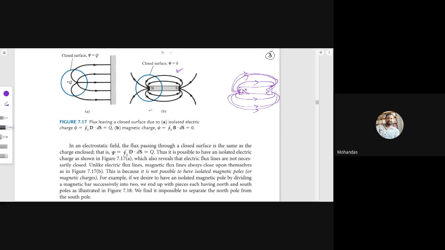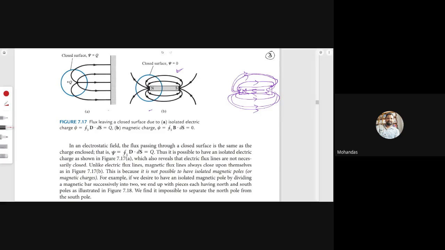So this is the outer layer of this magnetic field. And what about the inside of the magnet? How are the magnetic flux lines flowing inside the magnet? Outside, north to south. Inside, please tell me, Amma. South to north. South to north. Here, I want to explain one thing.